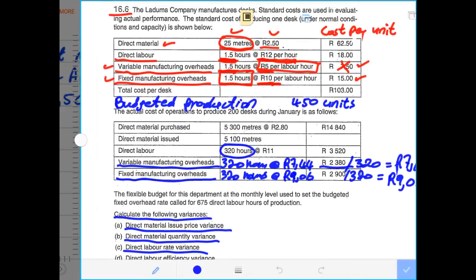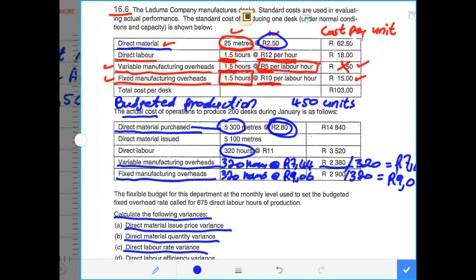Our standard price of material per meter was 2 rand 50 cents. And our actual price of material was 2 rand 80 cents. Under the actual table, there was material of 2.80 per meter. Therefore this was material purchased,